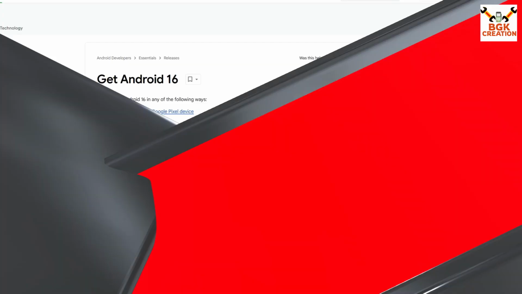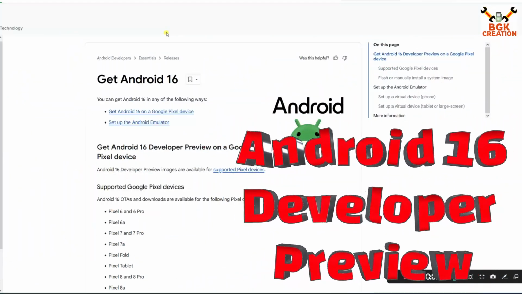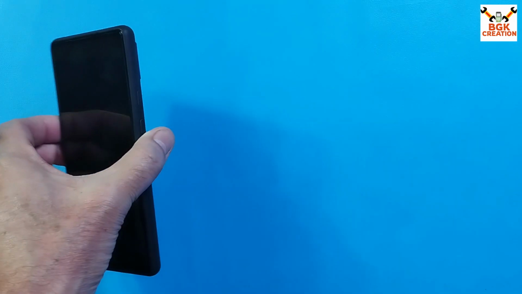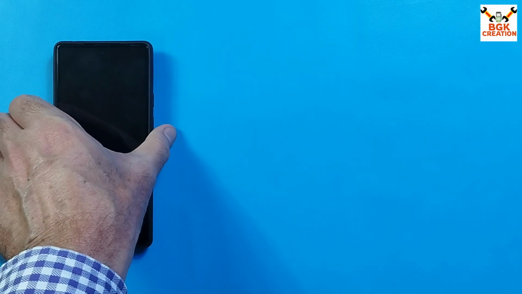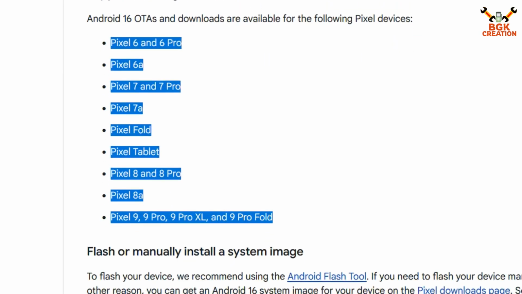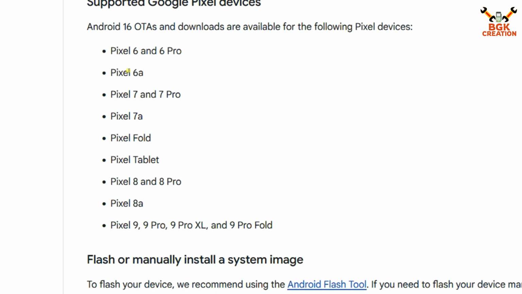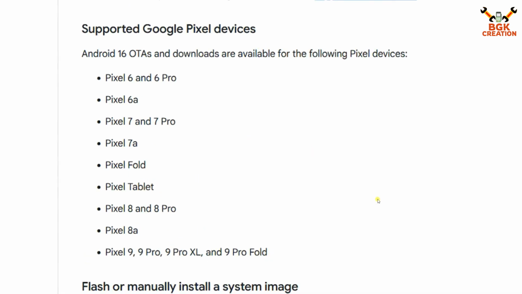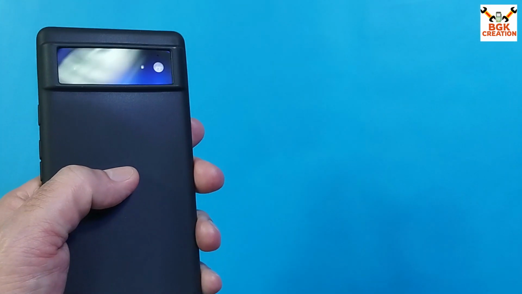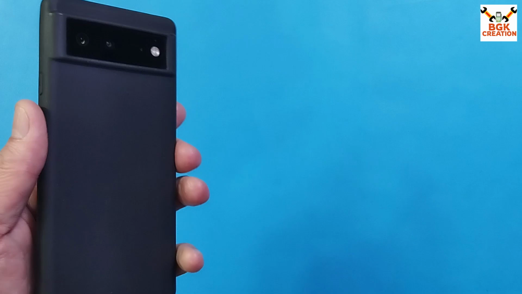Good day everyone. As you know, the beta stock Android 16 ROM got released for the Google Pixel devices. Android 16 ROM is getting released for the Pixel 6 and above devices. It is not for the Pixel 5 or lower, flagship mobile phones of the Google Pixel, right? In case you have a Pixel 6, 6 Pro or 6a and above Google Pixel devices,